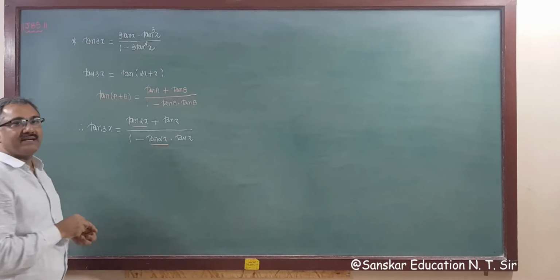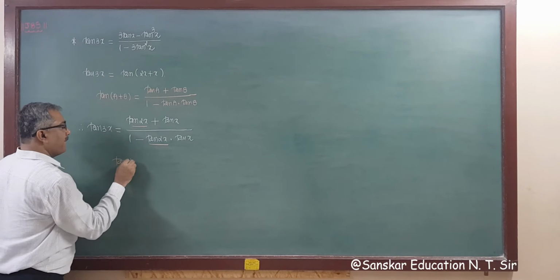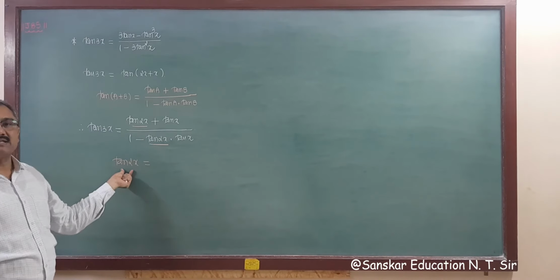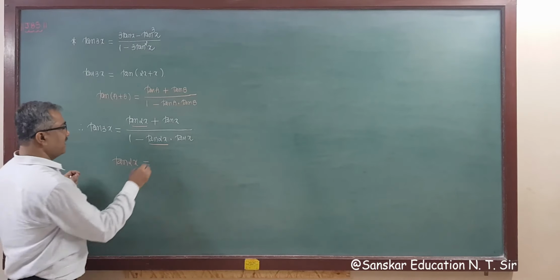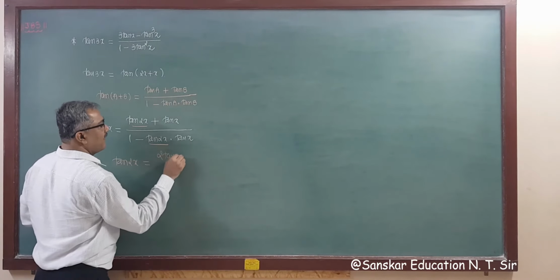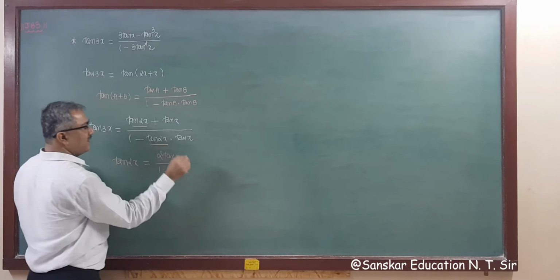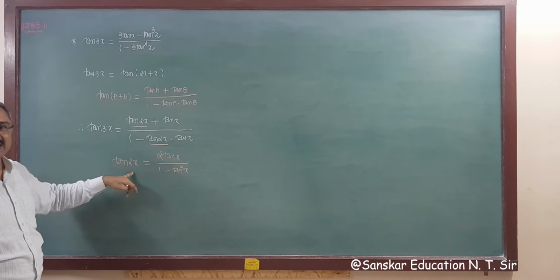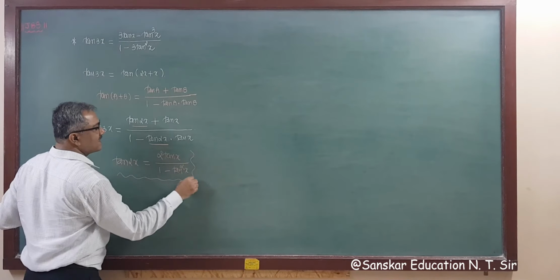So this is tan 2x, and we have the formula for tan 2x as we learned in previous classes. That is tan 2x is 2 tan x upon 1 minus tan square x, right? This is the formula. We derived this in an earlier lecture, right? 2t upon 1 minus tan square. The answer of tan 2x in terms of tan is this: 2t upon 1 minus t square.